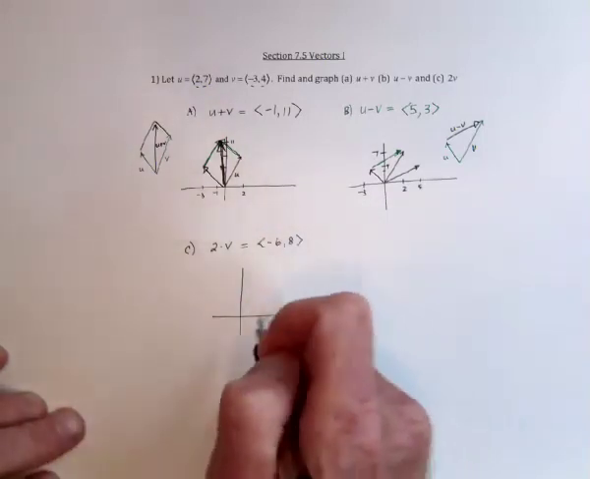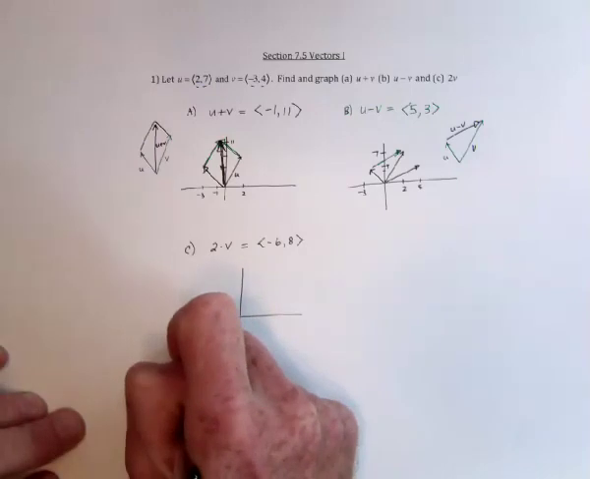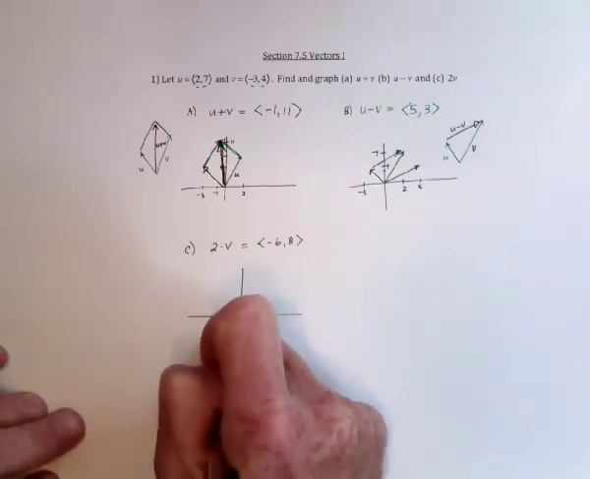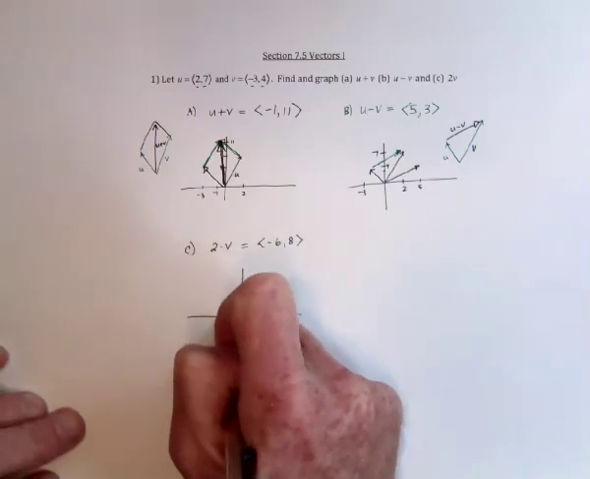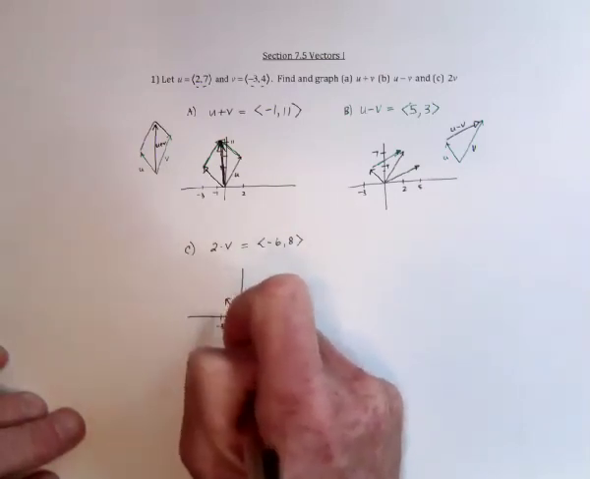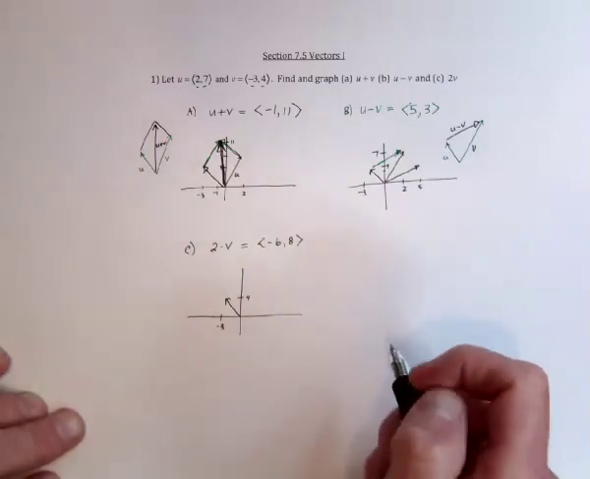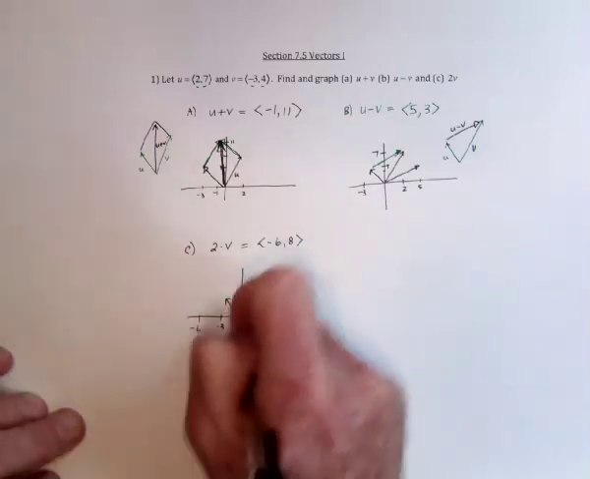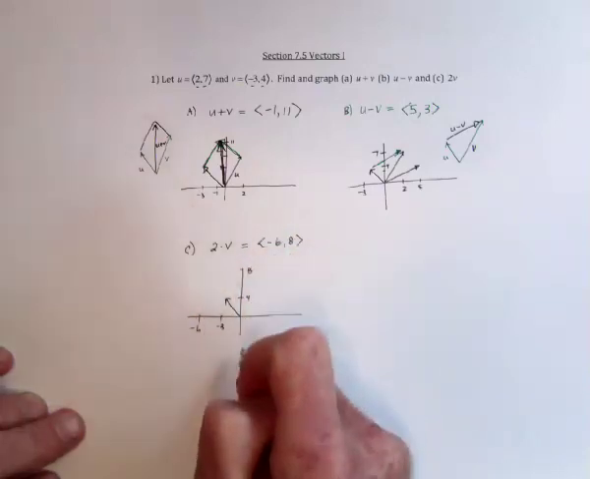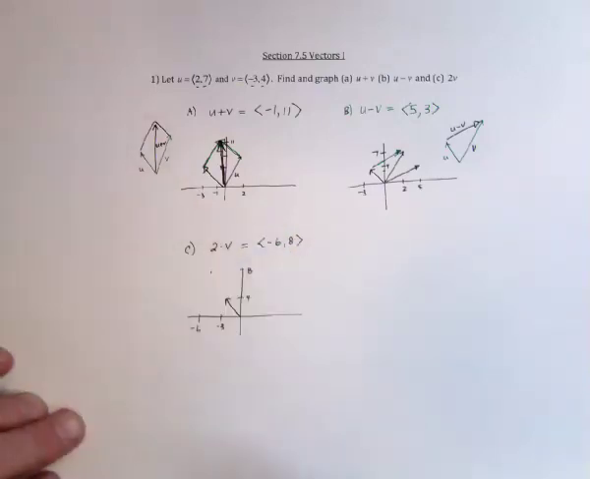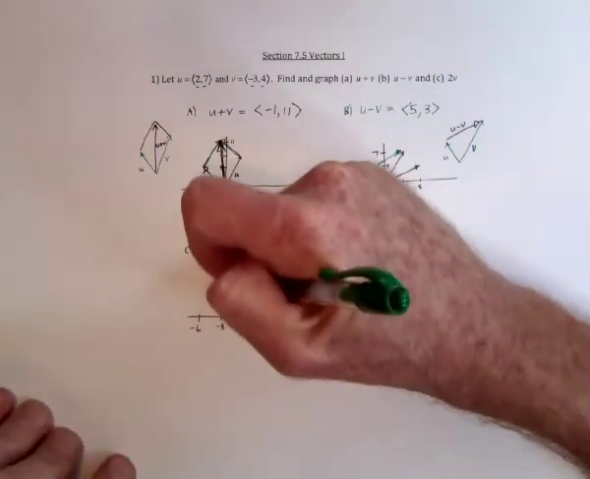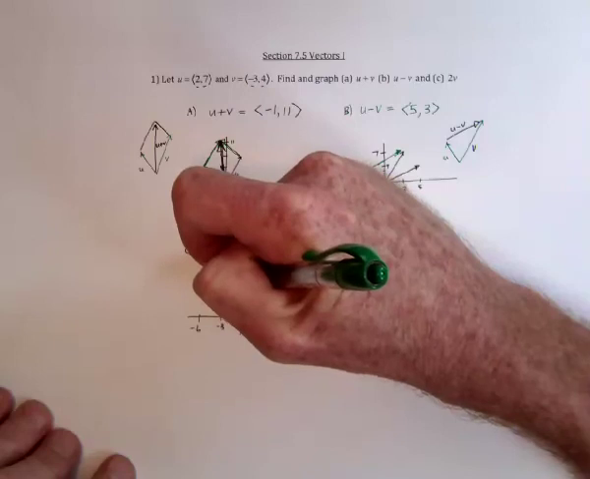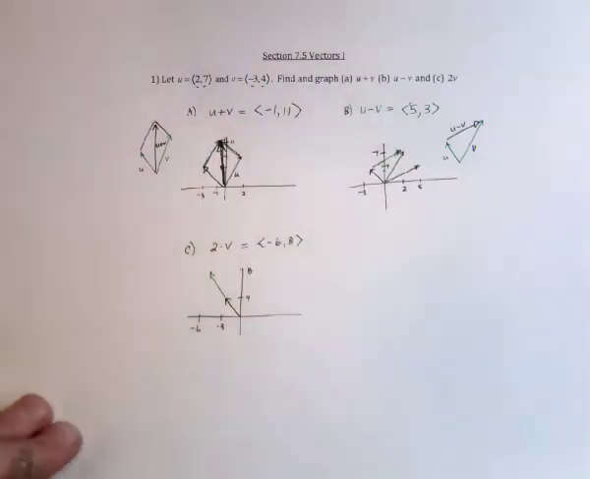And so the original vector was -3 and 4. There's the original vector v. And then double it, so it's -6 and 8. Well, -6, 8 then would take it out here. So it basically says take that vector and just double it. So it's going to go the same direction but be twice